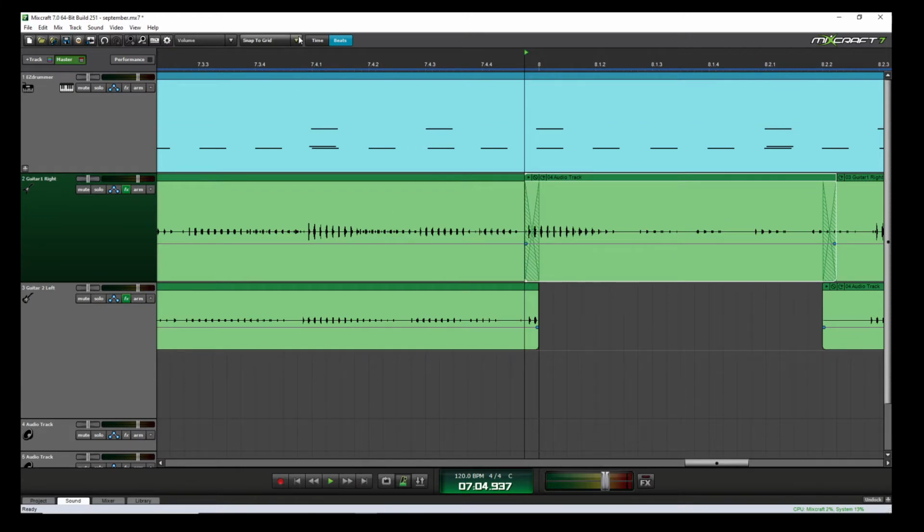In that instance, we'll go to snap to grid. So we'll take our snap off, and then we can play with it as much as we want. If we want to go 1 bar, or if we want to go half a bar or quarter of a bar, that's helped me in the past as well. Just gonna go back to snap to grid,